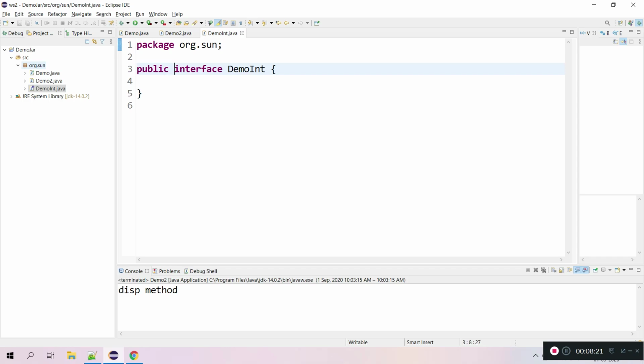Here I can provide the abstract keyword because it is 100% abstract. There won't be any implemented methods. If you provide implemented methods such as default, static or private methods from the Java 8 or Java 9 concepts, then we cannot declare it as abstract. That's all about the abstract concept.